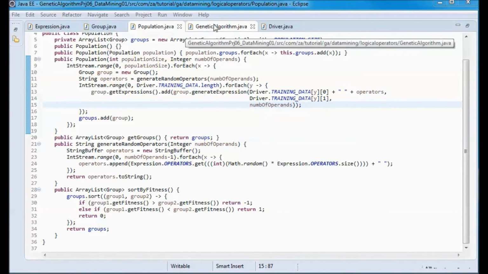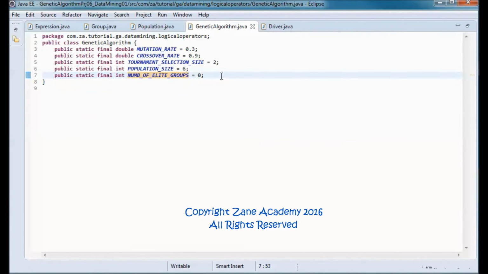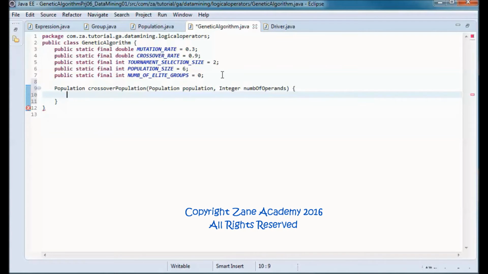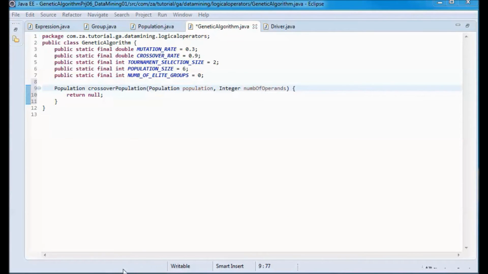Next, let's go to the genetic algorithm class. And we'll have this crossover population method that takes in the population and, for convenience, number of operands, and does a crossover for all groups in the population.